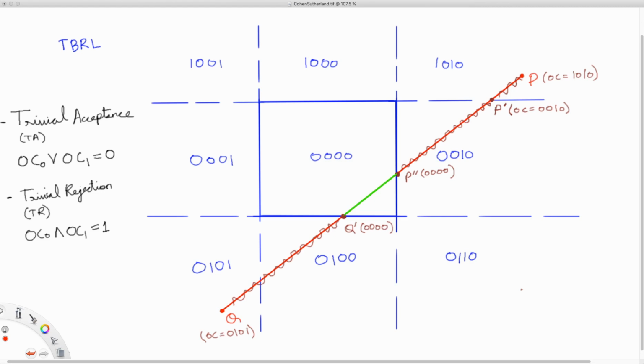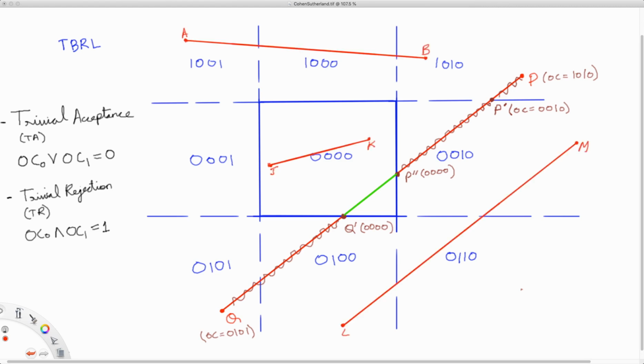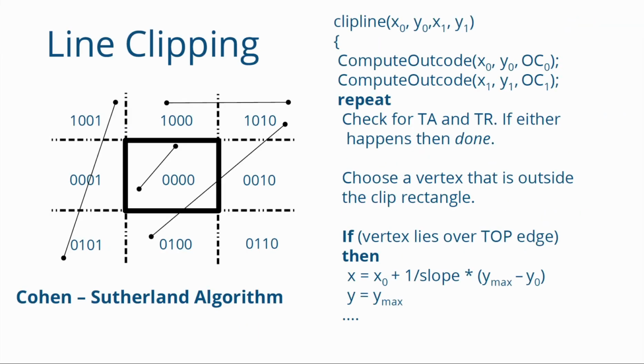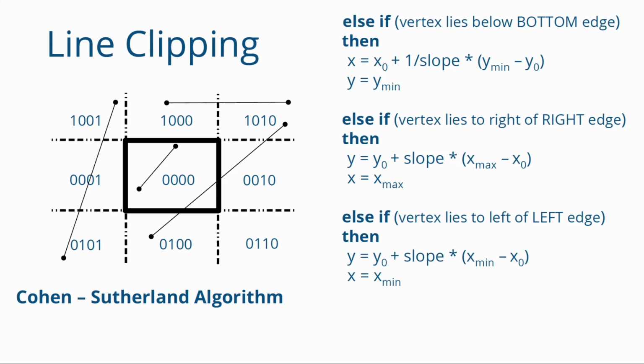Okay, so you see how Cohen-Sutherland works by iteratively figuring out what part of the lines you can throw away, and whatever remains should either be trivially acceptable or trivially rejectable. Once you can trivially accept or reject a part, the algorithm stops. Okay, now it is instructive to do the following example. So try and clip these lines LM, JK and AB and figure out how Cohen-Sutherland handles these cases. So the algorithm, the complete algorithm is given to you here, so you can run through your examples with this